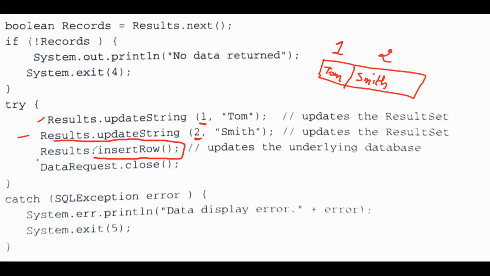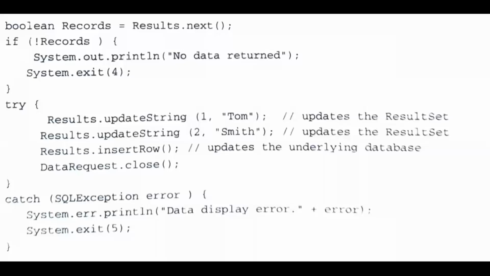In update row, the same row value gets changed, but in insert row, the result set cursor is pointing to this particular row, its value we are changing, and the changed value will now be inserted as a new row.